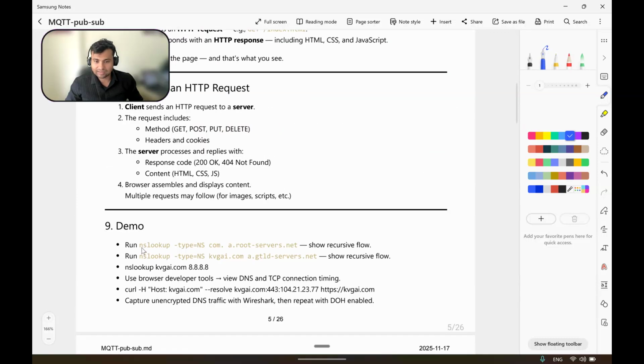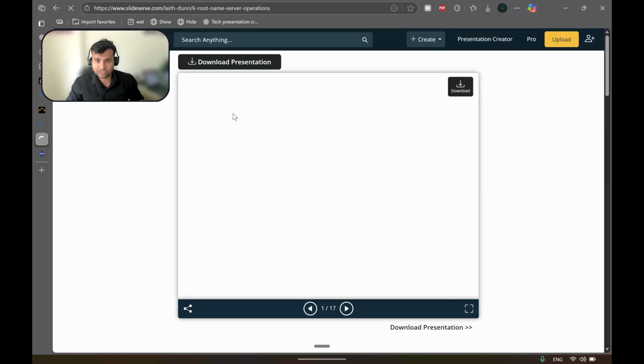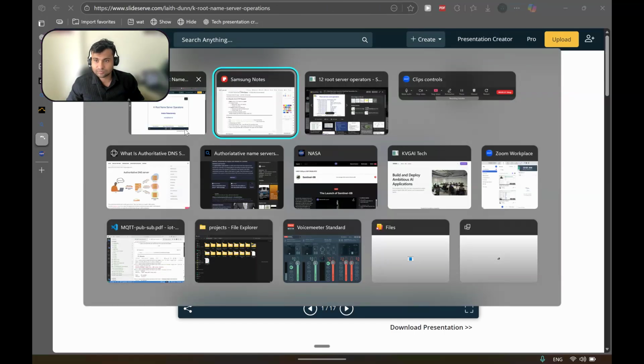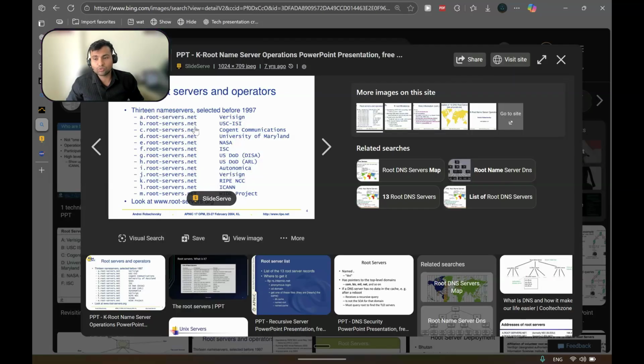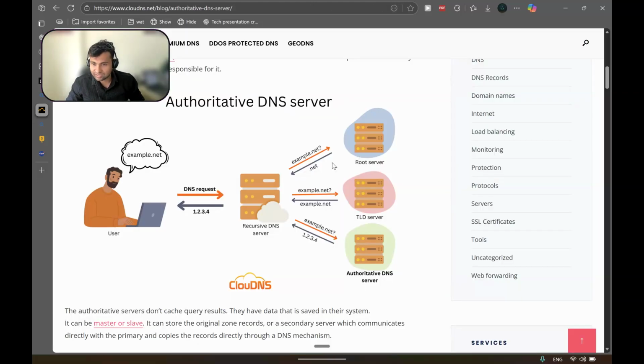All right, so we'll run this command. NSLOOKUP basically helps you look up where the records are, and we'll try to find the .com, and we'll try to query this root server, a dot root server. So out of all these root servers which I showed you, we'll use this A query for the .com, where this top level domain is hiding, and it will tell us where this .com domain is, and there we'll query that .com